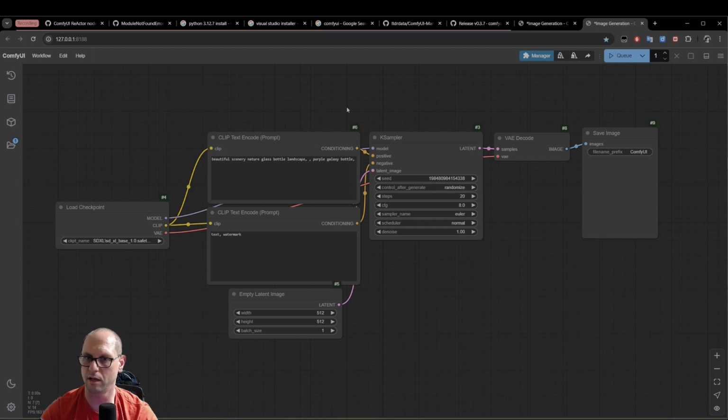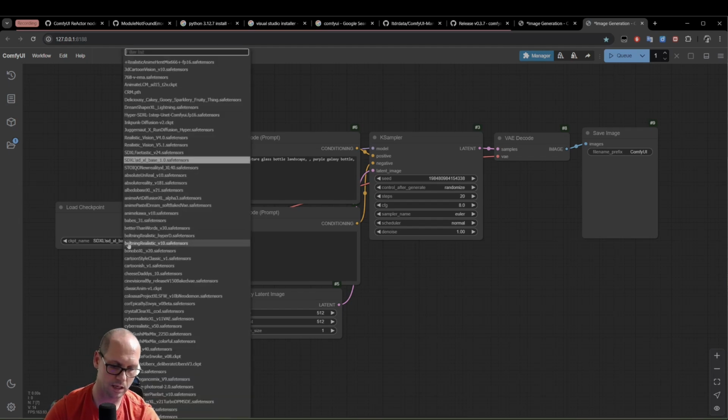Now, they are not inside my ComfyUI. They are outside of the installation. It means that any version of Comfy that I have can now be connected to any other folder that has models and start using them. Okay, so I can select a different model, let's say Delta,